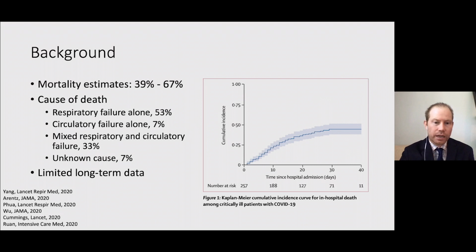The majority of those who die with COVID-19 in the ICU die of respiratory failure or some combination of respiratory and circulatory failure. I should say, though, that we don't have a lot of good long-term data. So we don't have a lot of great data in terms of what happens to these patients long-term. And many of the studies we're going to talk about are limited by the fact that the endpoints they have are measured either at 15 or 30 days. And many patients are still in the ICU at that point. And so it's somewhat difficult to know what happens to patients in the longer term.